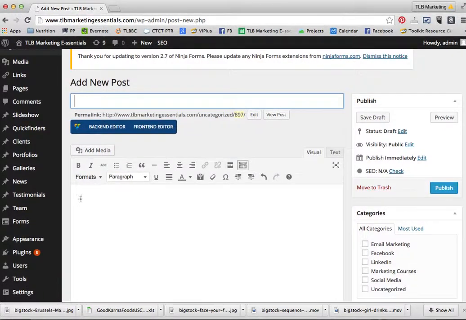I'm going to go down to this little window down here where the formatting is very, very similar to Microsoft Word, so it's very easy to use. Now if for any reason you look over at these tabs and it's on text, just switch over to visual. It'll be a little easier for you. So I am going to just paste all of my content in there.